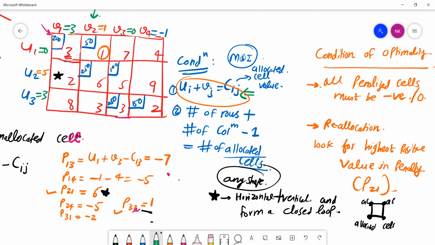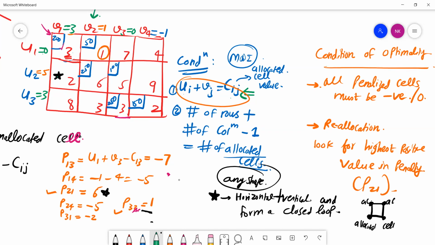Now, let me have another try. Let's say over here, I have moved. From this, I am diverting over here. From this, let me divert in this particular direction. Now over here, it's again the dead end, and I cannot take the turn because there is no allocated cell over here. So this is again a wrong path that I have selected. Let me see if there is any possibility where I can draw the shape using the horizontal vertical path, form a closed loop, and also have the corner points as the allocated cells.